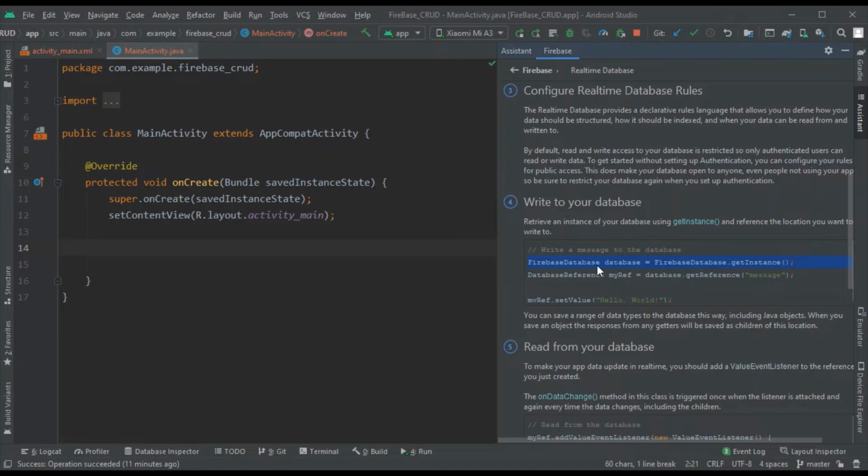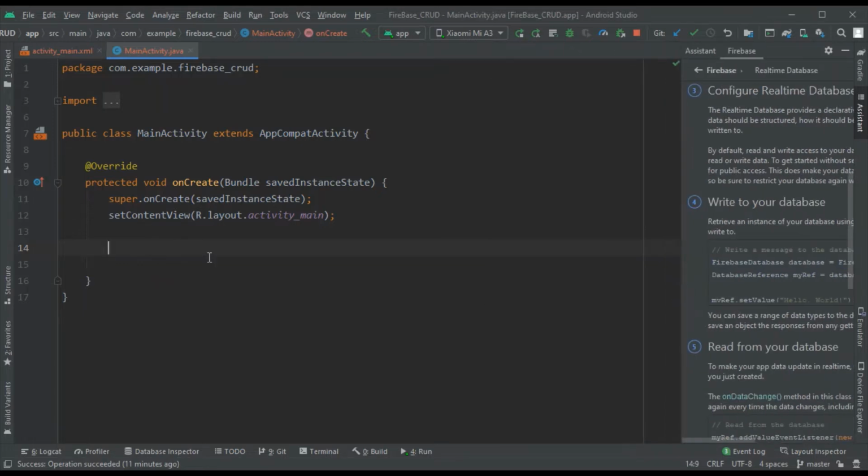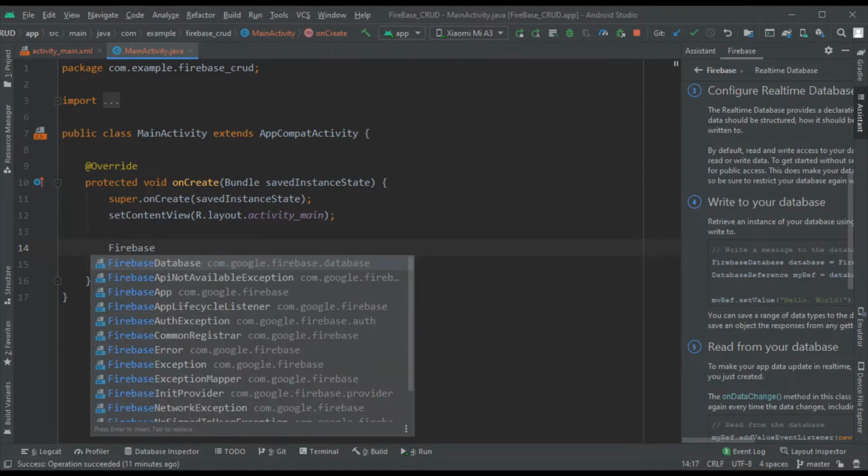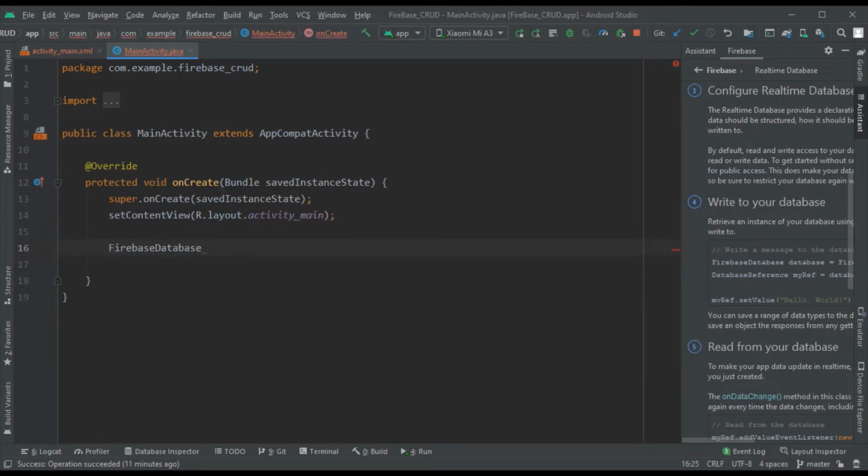That is, you have to do something like firebase dot get instance. So what does this mean is, let me just write it over here. So you have to do something like firebase. So you get this FirebaseDatabase dot getInstance. So what this line will do is, it will basically